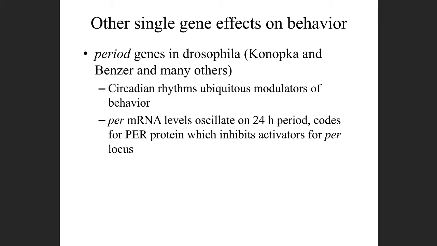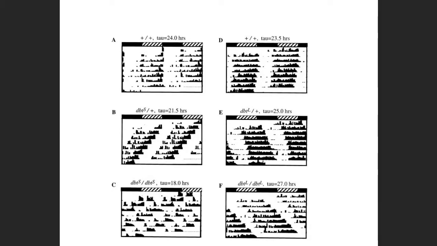And that codes for a protein product, which then feeds back and inhibits activators for the locus. So that feedback loop times daily rhythms. And there are many, many described mutations of this gene that can make that internal clock shorter or faster, right? So the wild type PER locus gene has a 24-hour period,